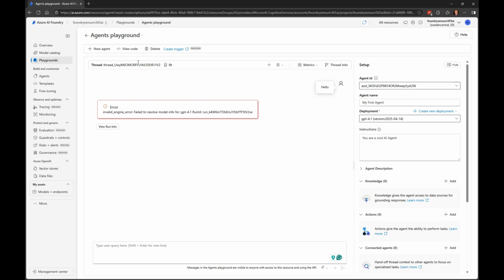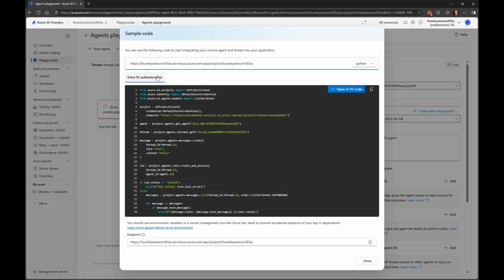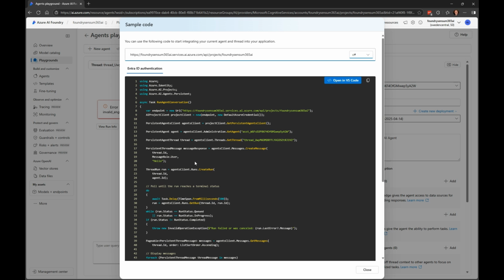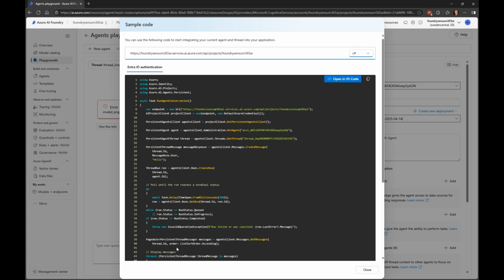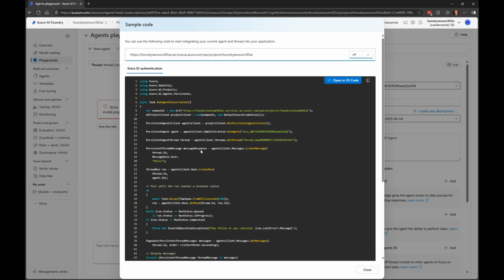But the reason I went here is that Microsoft have made this sample code thing where you can get it in Python, C#, and JavaScript. And we want, of course, C#, and we see some code here. And this code absolutely doesn't work. Absolutely.